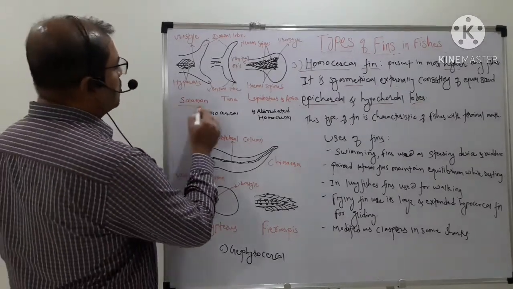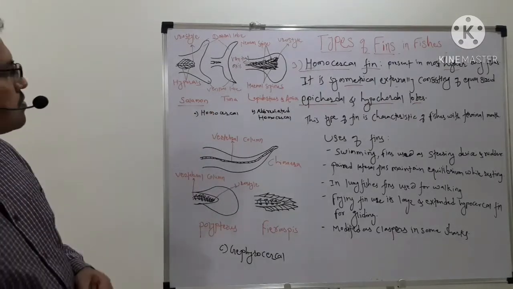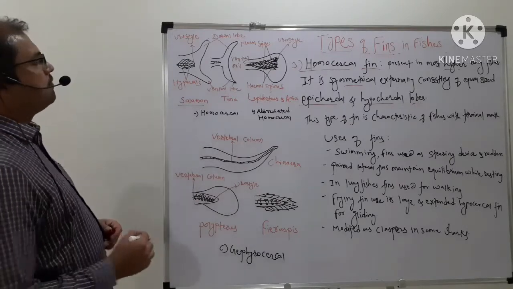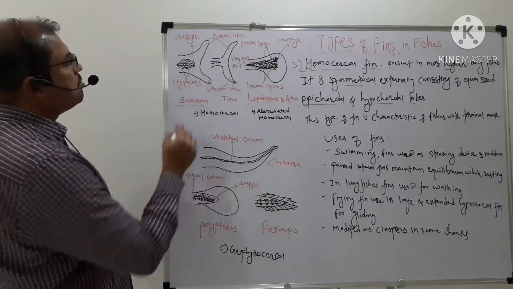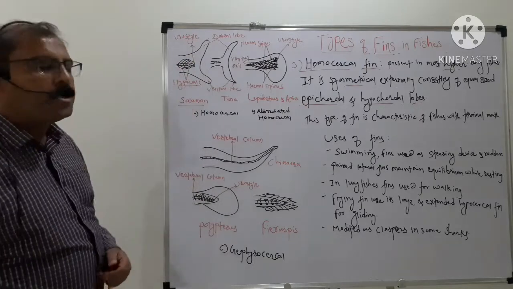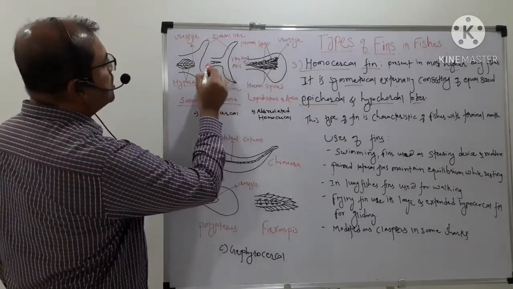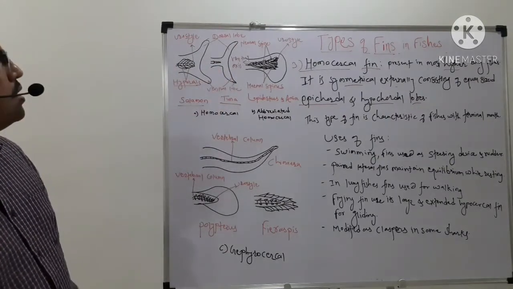In the case of salmon, which is a migratory fish that migrates from ocean to river for breeding, the two lobes are equal in structure, but the hypurals and urostyle are reduced. Again in tuna fishes, the vertebral axis or ventral axis is reduced.